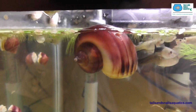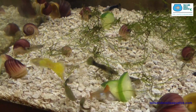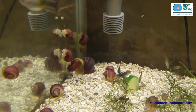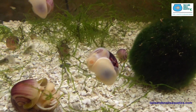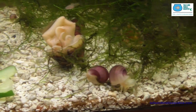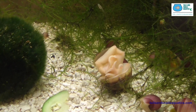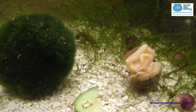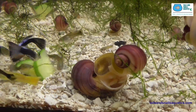Obviously once they get to size, that's not a problem. So here's some of the bigger ones, golf ball size. You can see the other ones are every size in between. And just as a reference, when they get stuck upside down, sometimes I'll come in there and flip them over. They can get over on their own, but